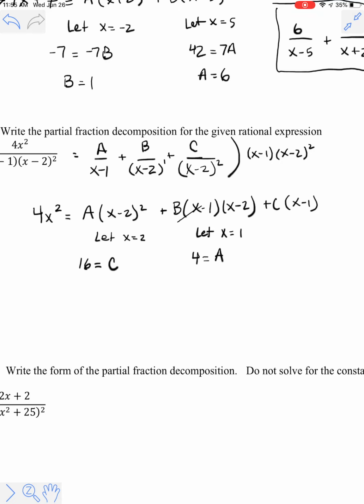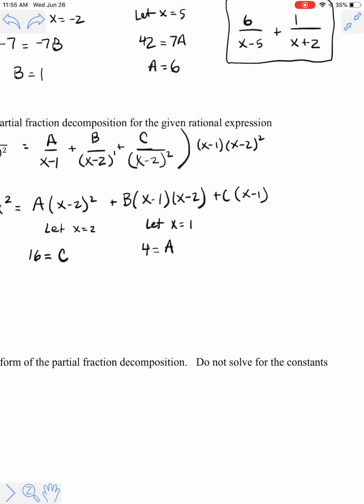And then b would disappear and c would disappear, because 1 minus 1 is 0. So I know that a is equal to 4. The only one I haven't solved for is b. And I've run out of what I would call here are my convenient values. Because there isn't another factor here that I could plug in a number to make one of those variables a, b, or c disappear. So what happens at this point is, rather than choosing a quote-unquote convenient value for x,